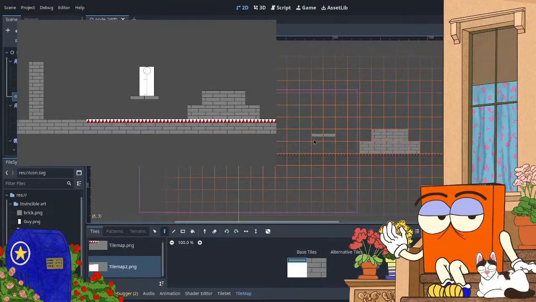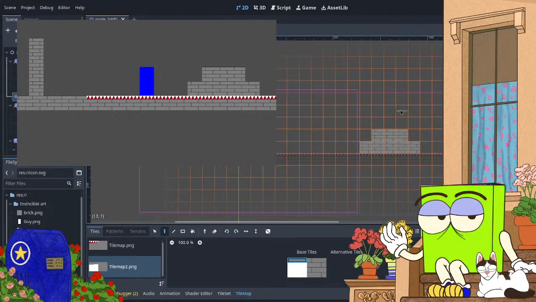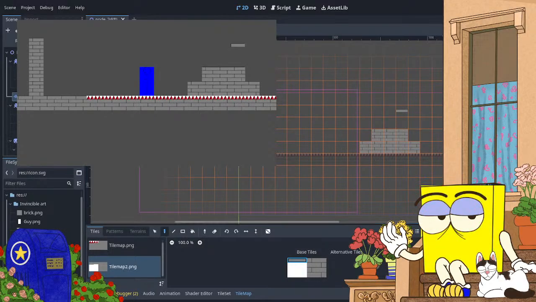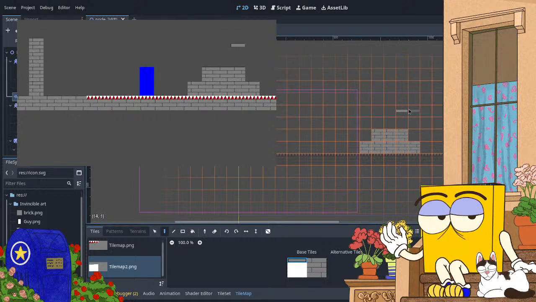Bye bye. I'm going to put one up here. Yeah, we're going to put a single shelf right up there,